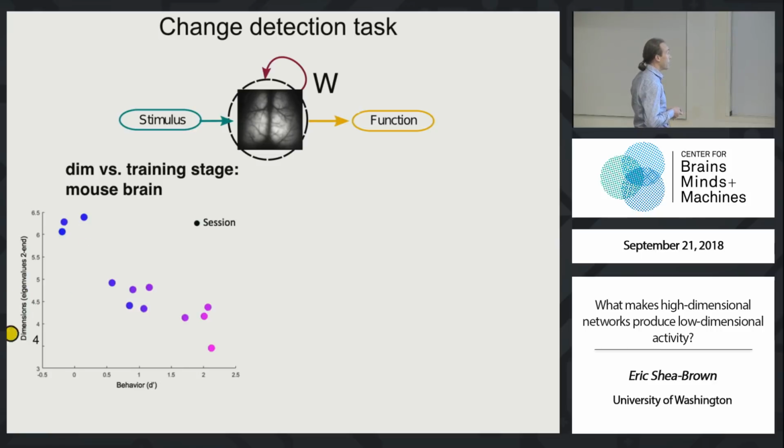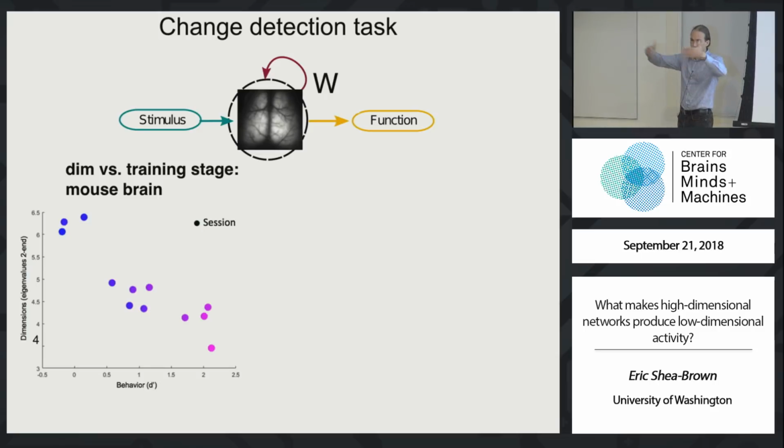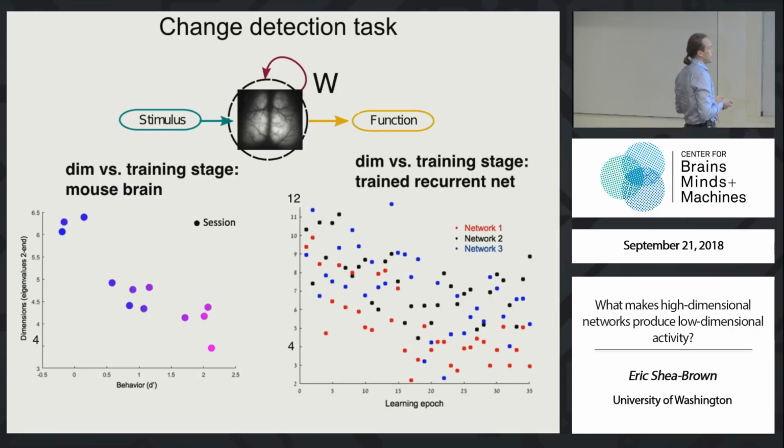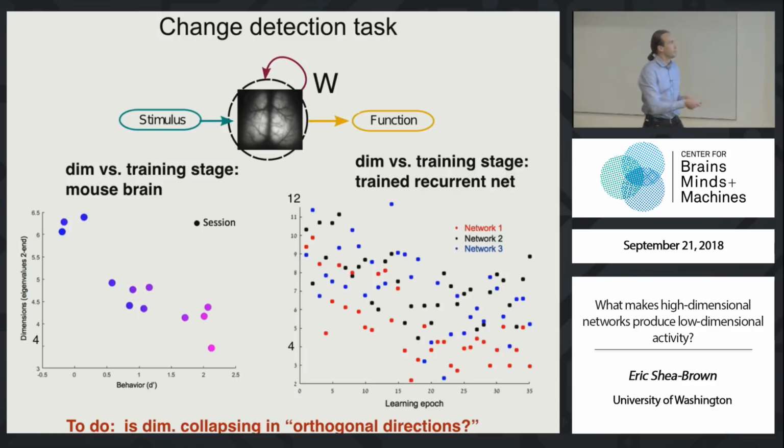I want to say for honesty, we throw out the largest principal component in doing this analysis. That seems to be some sort of brain-wide fluctuation pattern. So just honesty, full disclosure. Throwing that away, we see that the dimension in the residual directions collapses across stages of learning. This is obviously very suggestive according to what you see in an artificial neural network model that's also trained on the task. We need more N. This is just a couple of mice. We also need to check, to be careful, that the collapse in dimensionality is really the type of collapse predicted by our theory.